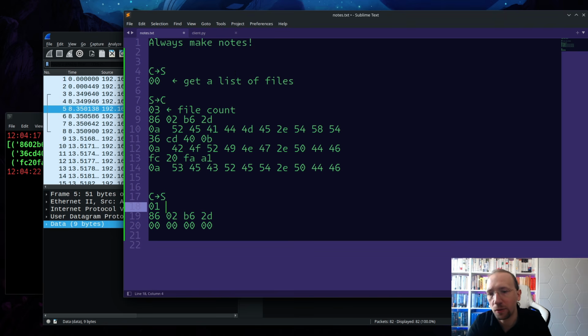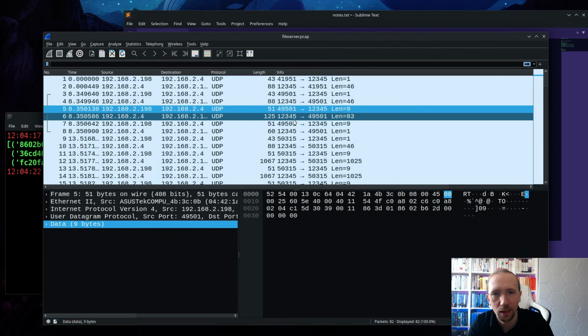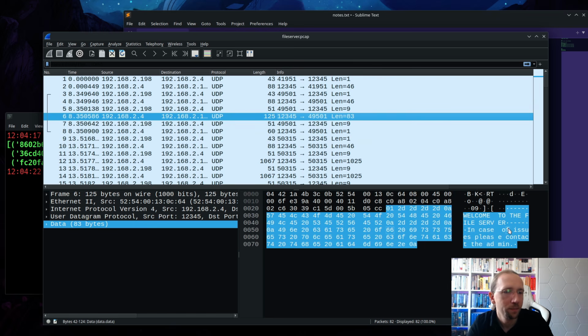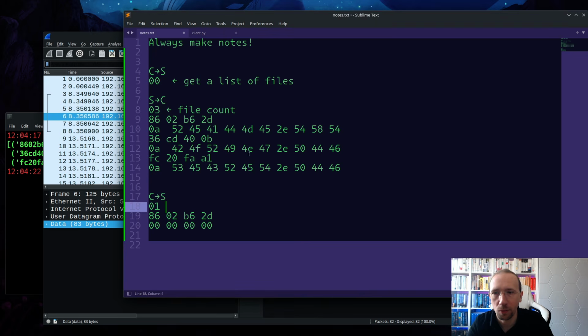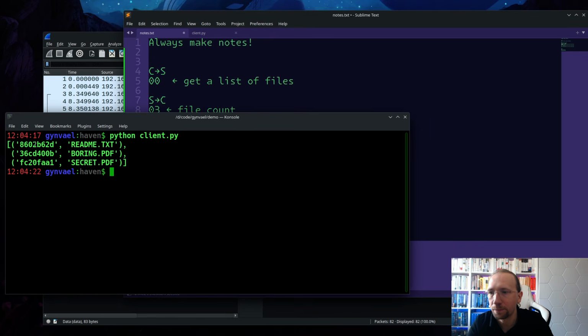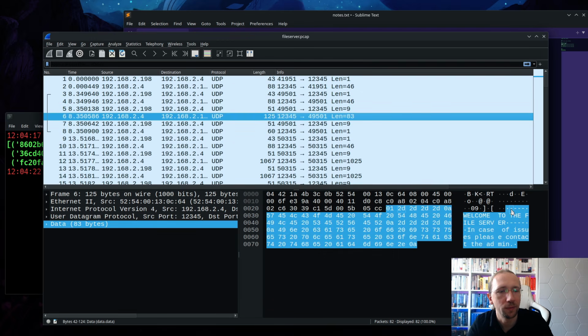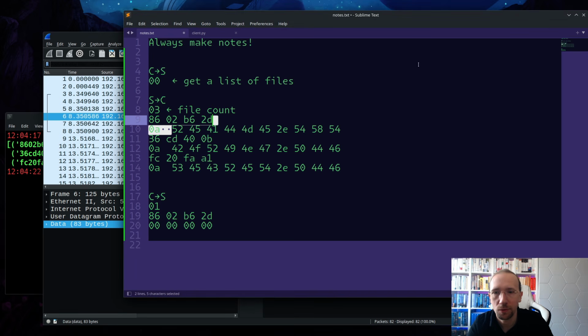So what I'm going to note is that likely I am downloading data here. Yeah, I am downloading data. I can see it in the response. Sorry, what was this for? Or I guess we can look at the client. 8602 was the README, right? So I think that was a fetch command for the README file. And I got the README file, which is great. So I know this is the file ID,